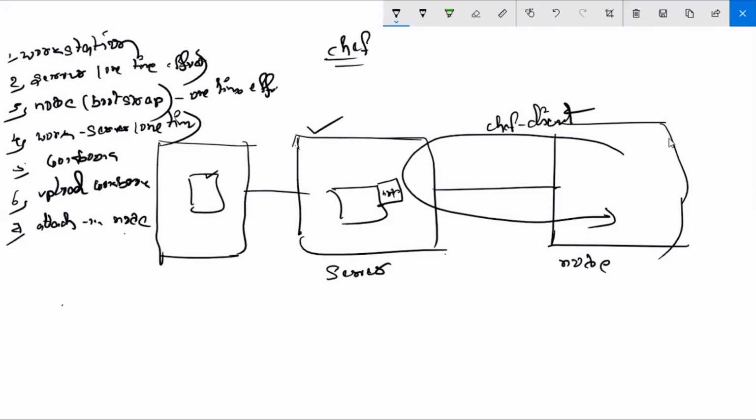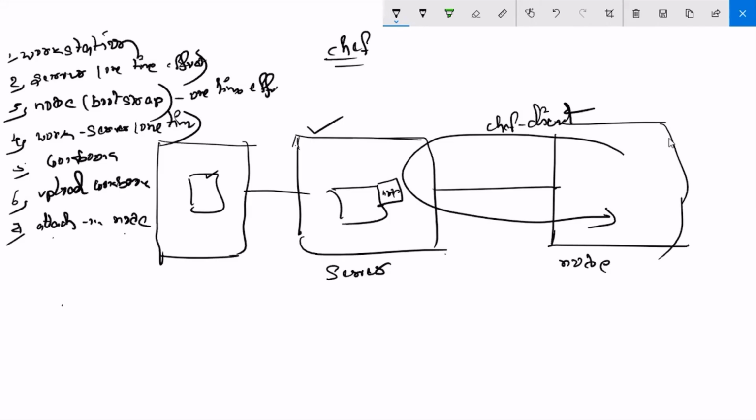That means you need to run this command, knife node run_list set, all thousand times. Suppose tomorrow you again write a cookbook. Tomorrow again you need to attach it to all 1000 nodes. That means all 1000 times you need to run this command. Yes, you are understanding, right? Please respond, guys.